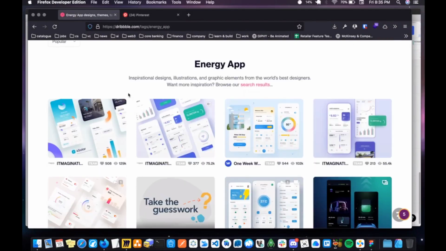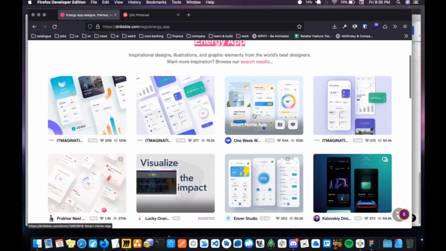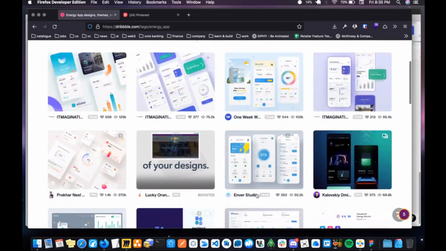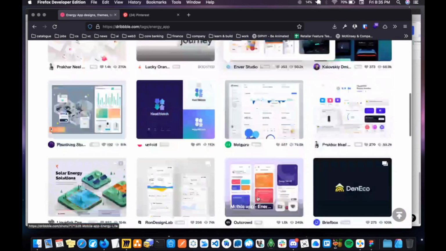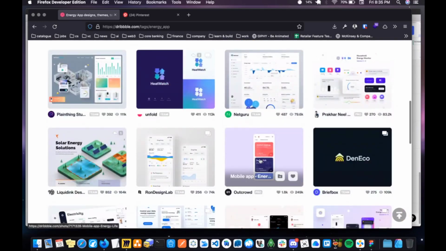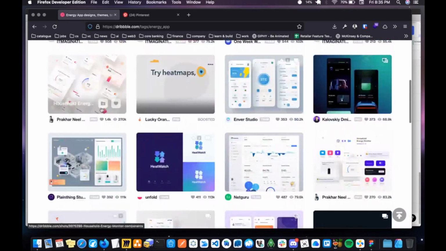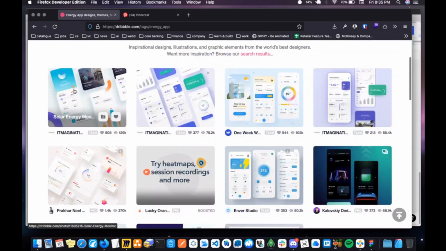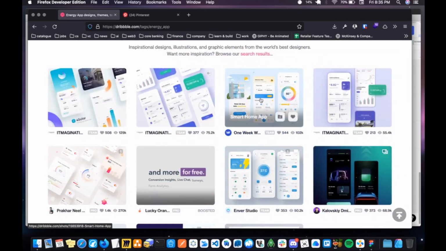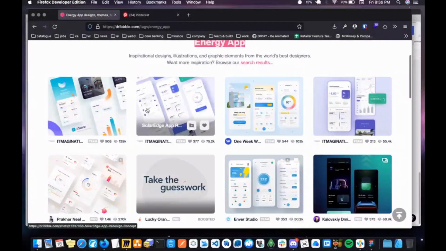Okay, so let's see what we have from the search results. I think it's called Energy App, but we also have to ensure what we're looking at. This is Outcrowd, no? This is solar energy. Yeah, I expect most of them would give us stuff regarding smart homes, right? But remember, we already have our use case, so